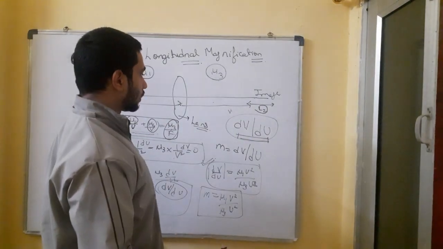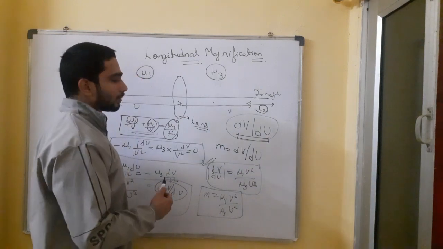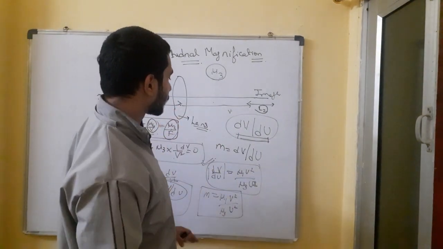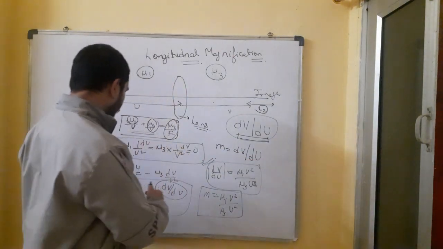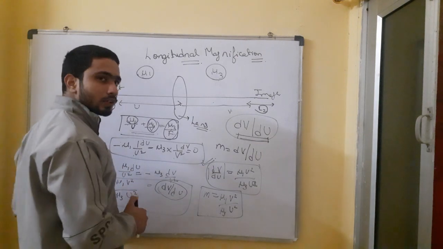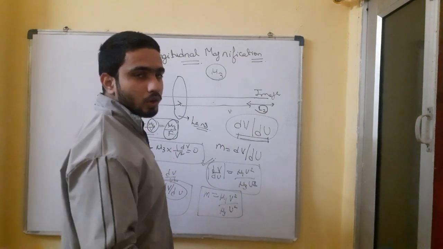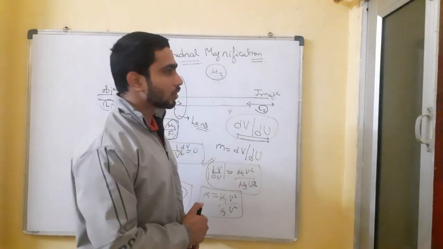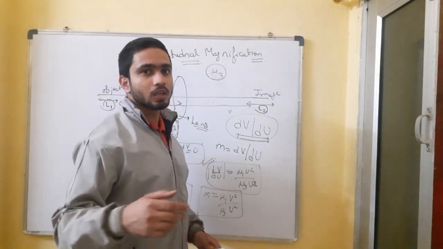So if the object is making an angle of 0 degrees and we have this convex lens or a concave lens, then we will solve like this. Magnification factor is dv by du. So we got it like this. If the length of the image is given, the length of the object is given, and the refractive indices, whether they are the same or not, we put in the values and get the magnification factor. So we saw this magnification. What is magnification? What are its types?